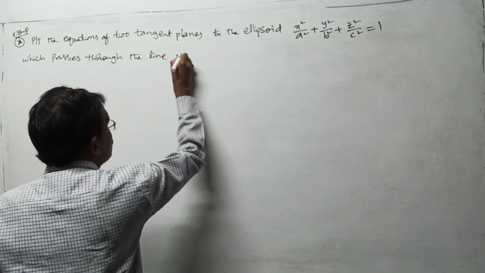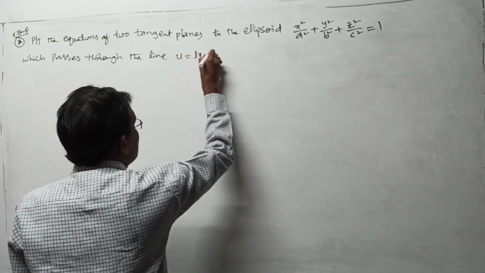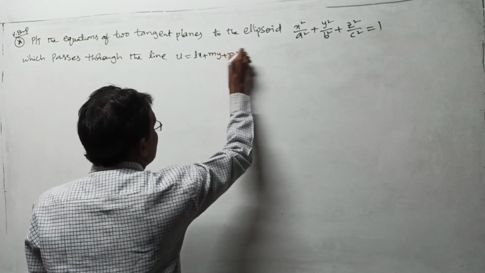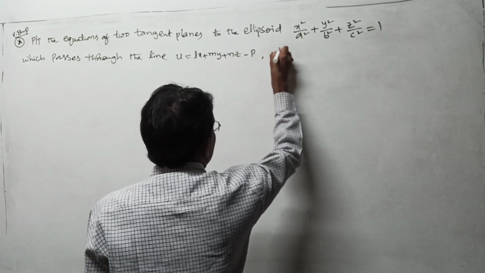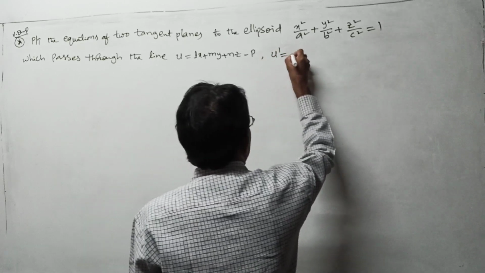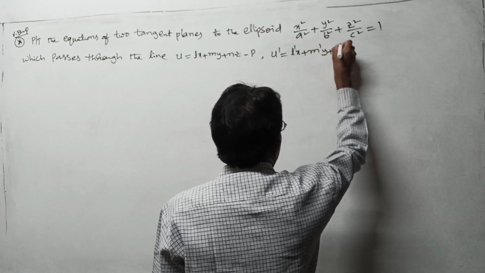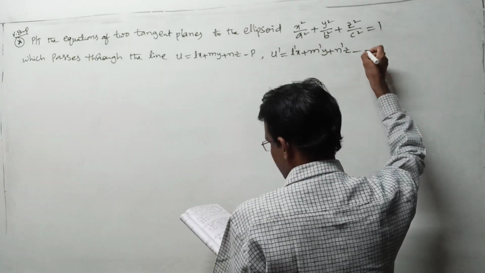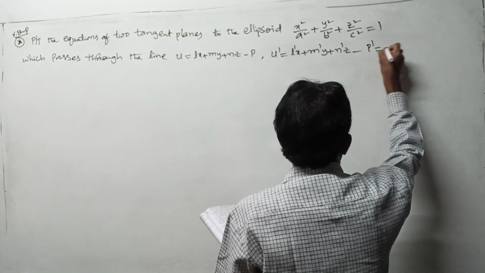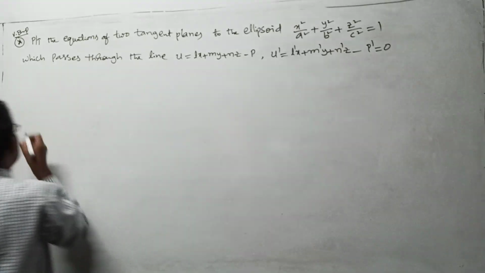u is equal to, that line notation they are giving you, it is Lx plus My plus Nz minus p equal to 0, comma u dash is equal to L dash x plus M dash y plus N dash z minus p dash is equal to 0, that means that the answer is